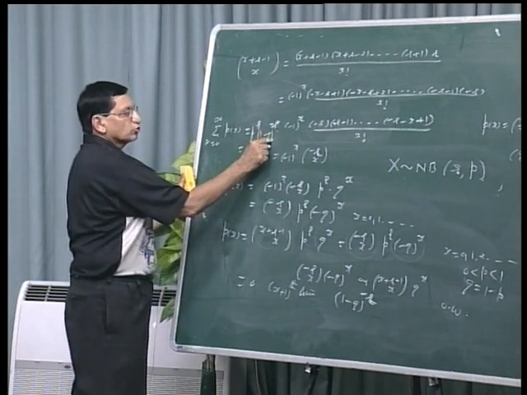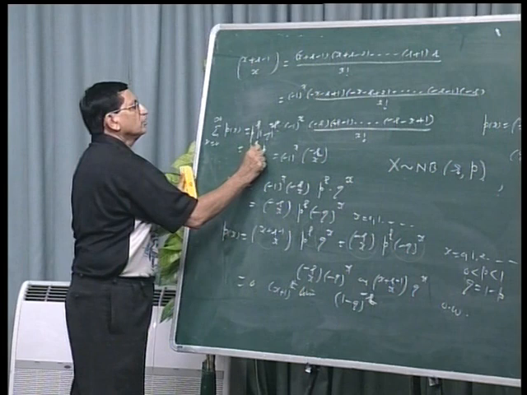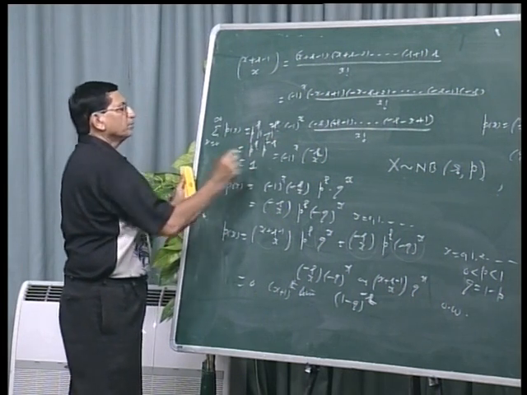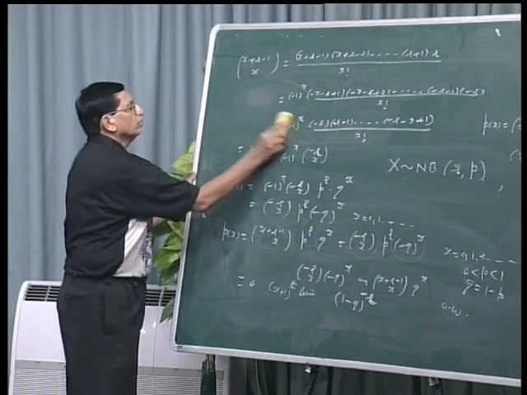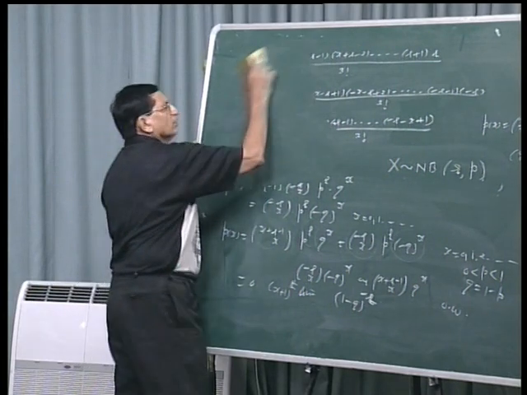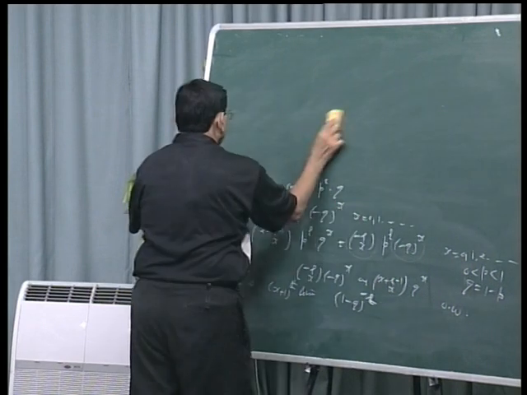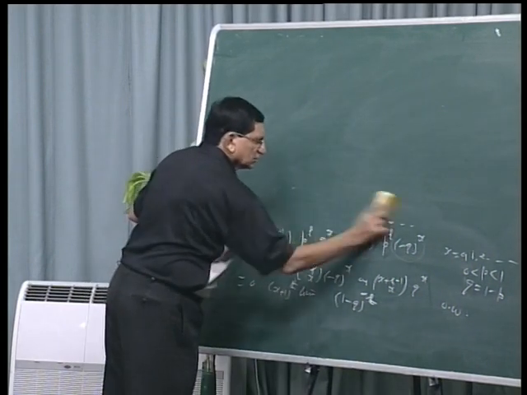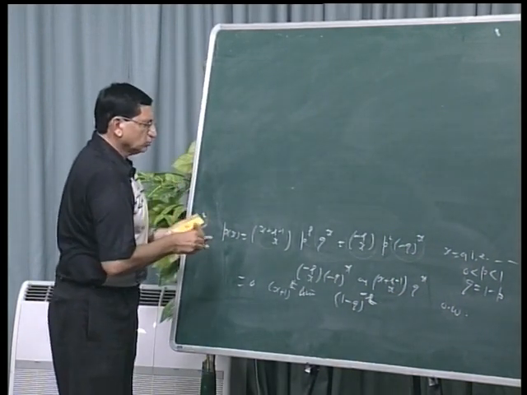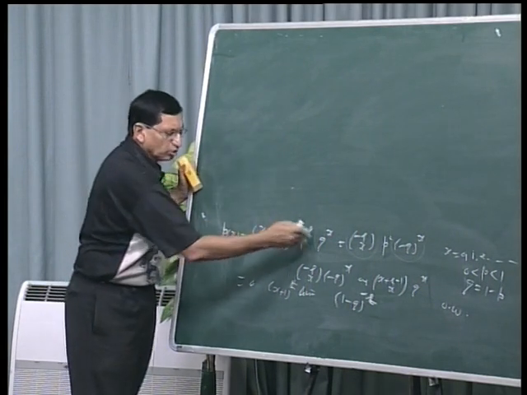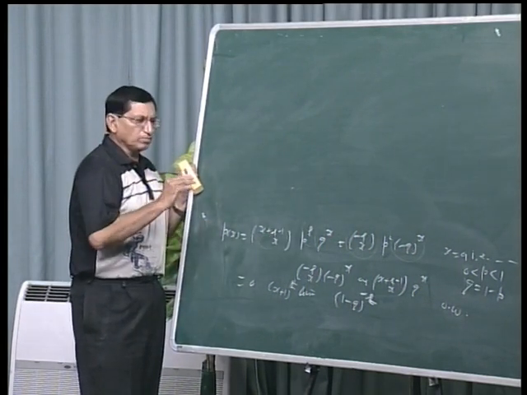So 1 minus q means p. So p raised to r into p raised to minus r, ultimately it becomes 1. So total probability is 1 here. Now when we take some properties, then in this notation, small p and q, it is sometimes somewhat